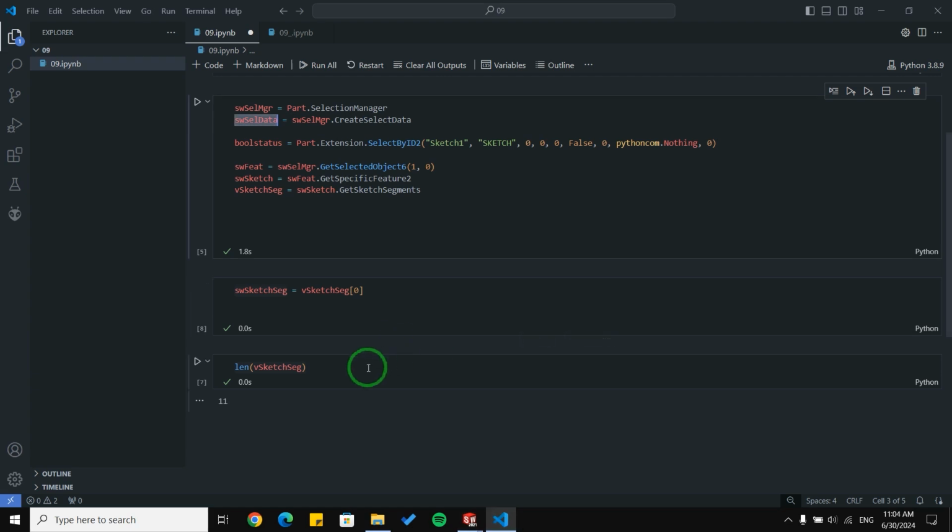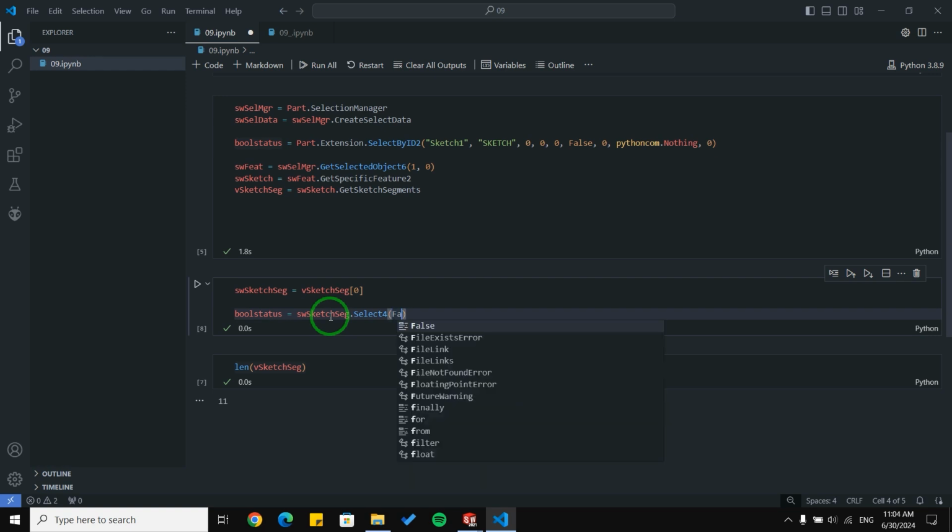Okay, let me select this object. For example, I'm going to say another bool status to understand whether it's true or not, and here SW sketch segment dot SelectFor. I'm going to pass false because I just want to select this segment and not append it to the previous one.